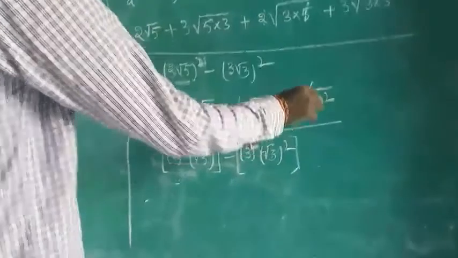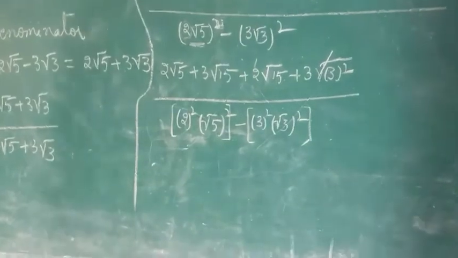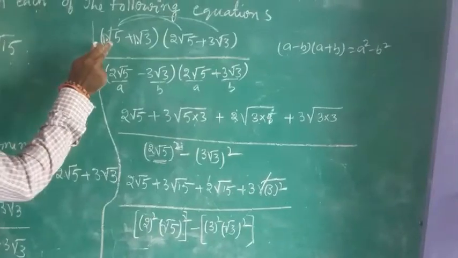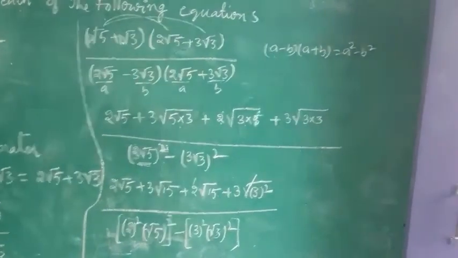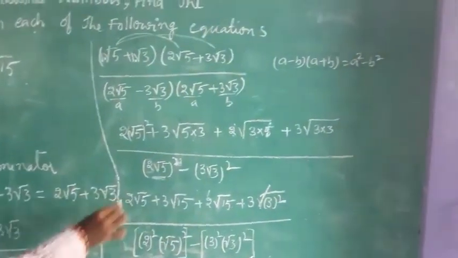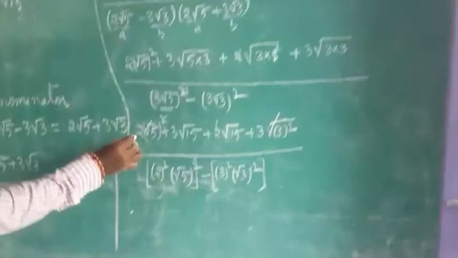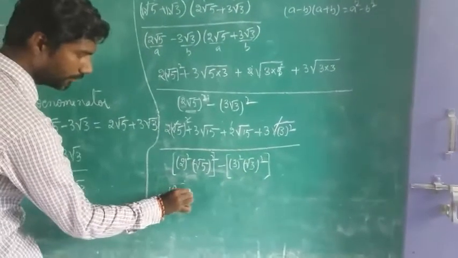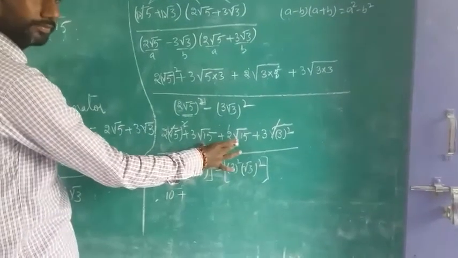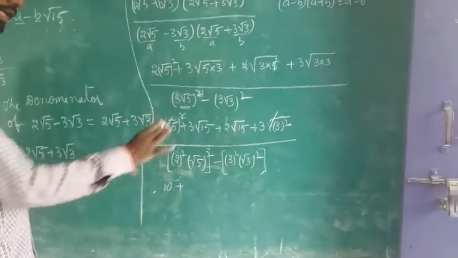The square root gets cancelled. So here is root 5 into root 5, root 5 whole square. I forgot to tell you this, so let me write here is square. The square will get cancelled. So what you will get? 2 5s are 10 plus, here observe it, root 15 is common in both. So you can take the common.